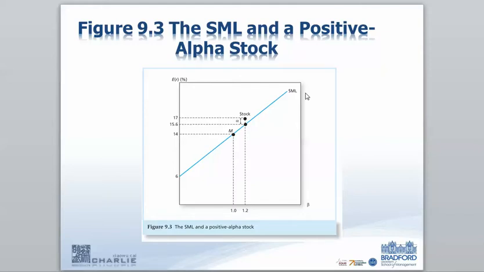Hello. In today's seminars, I noticed there's some confusion about how to understand the relationship between overpricing and underpricing of a security when you use the capital asset pricing model. So here I decided to run a short video to explain this in two different ways. The first way, of course, is from the capital asset pricing model conclusion, where we have the security market line. It actually shows the relationship between the expected return and the beta.